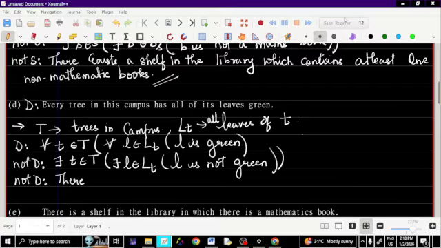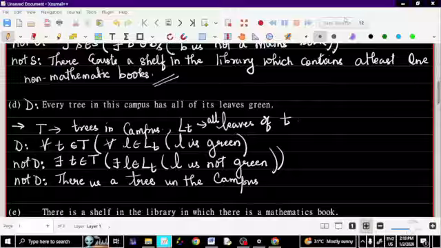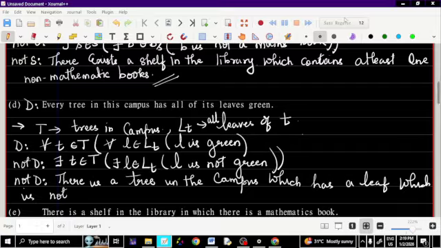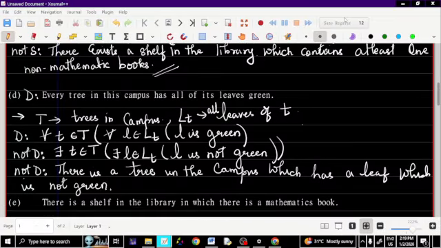There is a tree in the campus which contains a non-green leaf, which has a leaf which is not green. Okay. And the last one,